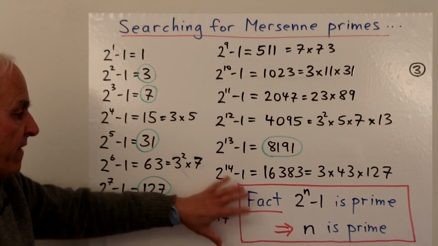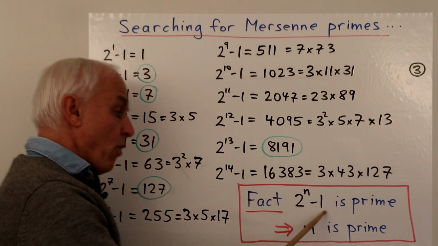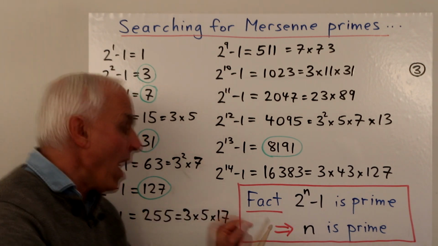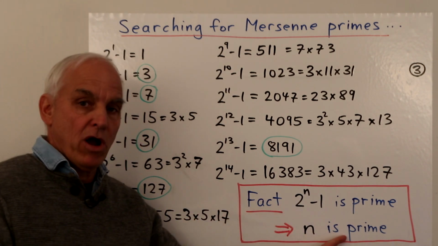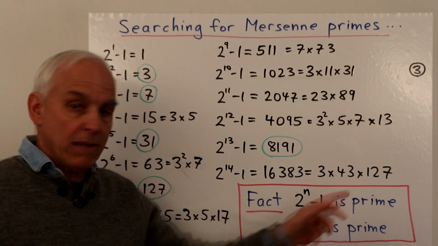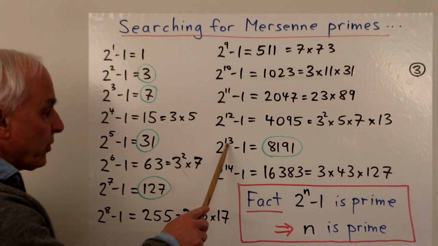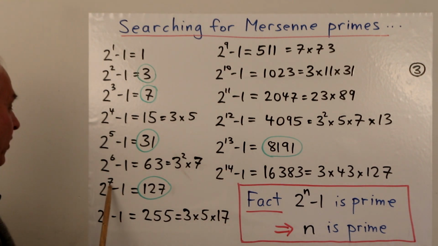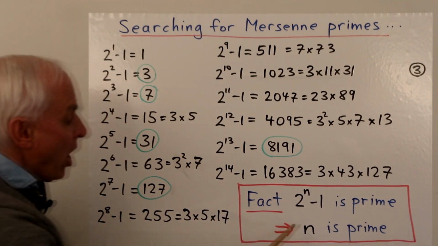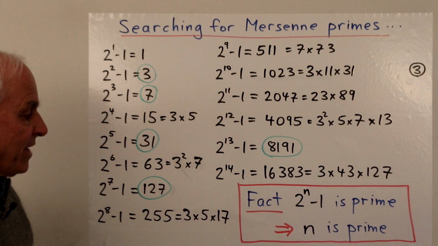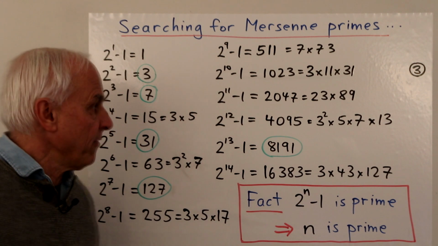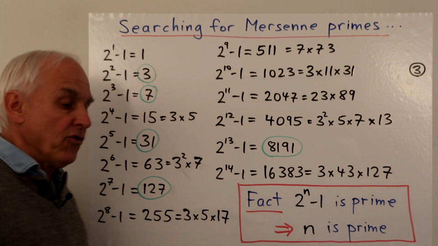And here is a very important fact in this context, that if you're looking for a Mersenne prime of the form 2 to the n minus 1, then we require, in order for that to happen, that n is prime. So if n is not prime, like here, there's no way we're going to get a prime. So here, for example, 13 is prime, we get a Mersenne prime. When we have 7, we get a Mersenne prime, 5, 3, and 2. But note, the converse is importantly not the case. So just because n is prime does not mean that 2 to the n minus 1 is prime. For example, 2 to the 11 minus 1 is not prime.